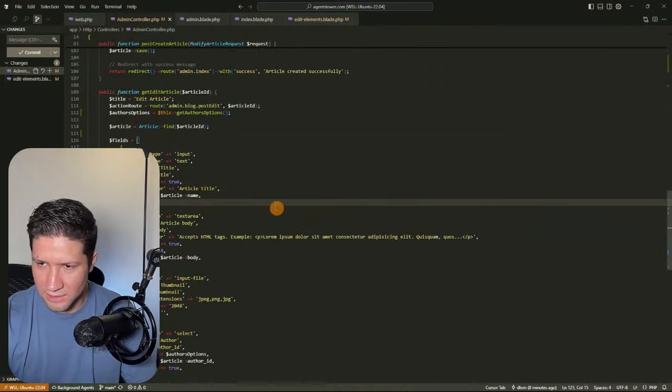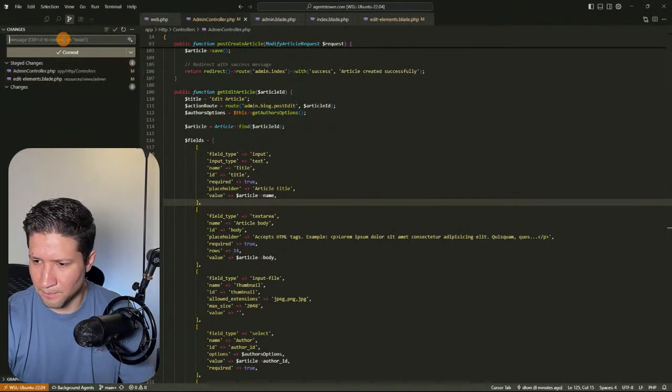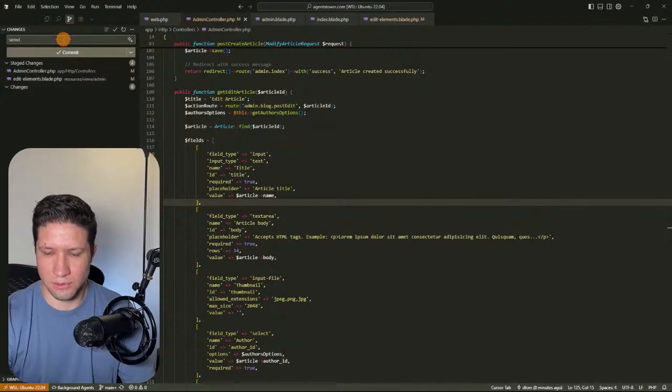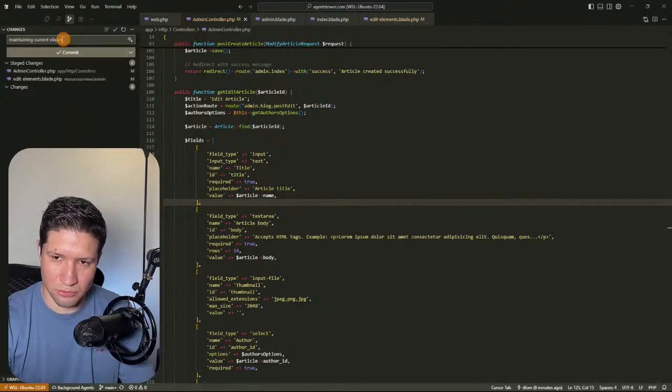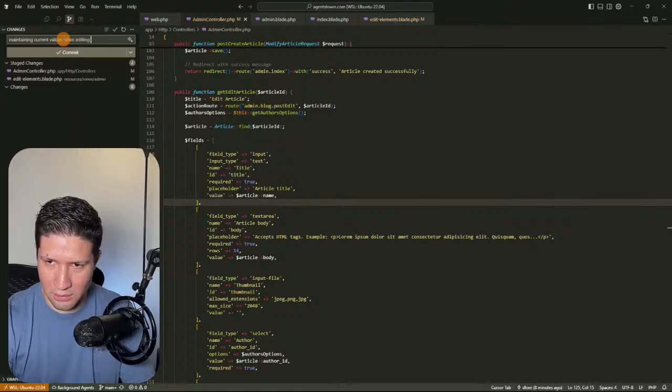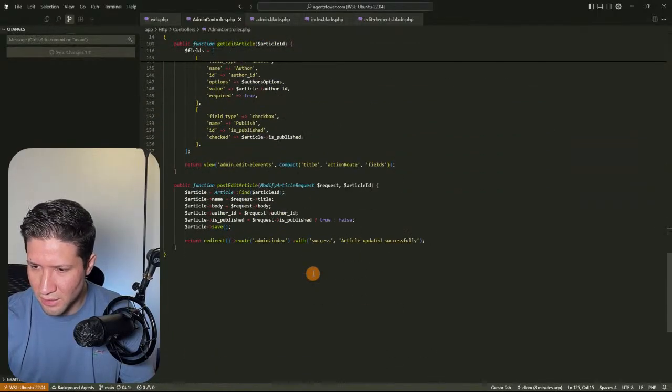Now there are other things that I want to do in here. I'm going to save these changes, commit them, and the message will be: maintaining current values when editing article. Now I'm going to sync the changes, and the other thing that I want to do is